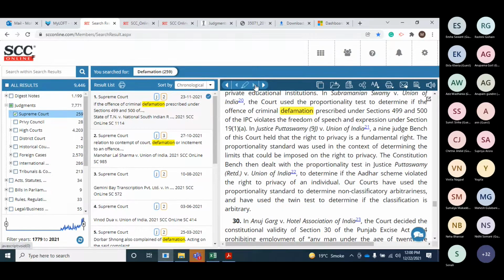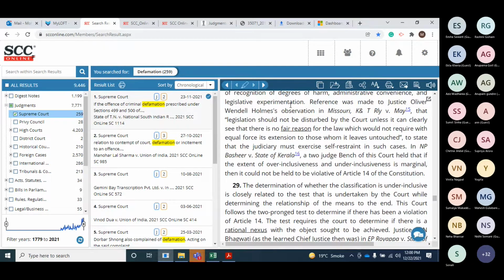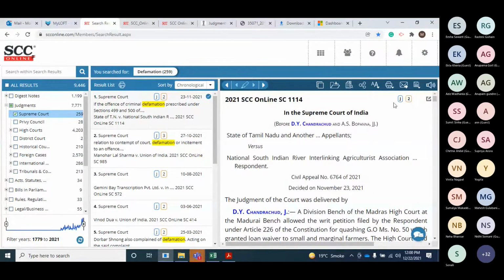I click on the next highlight. It will do the Control F for me. And there you go. Defamation is there. So this is how you reach a certain document which is talking on the same ground which you were looking for. And if you feel that this document is helpful for you, please click on save the document